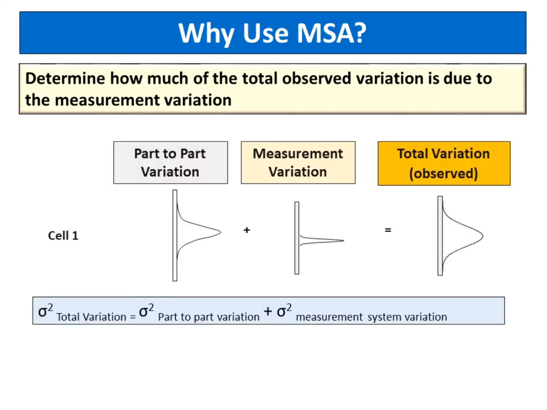Total process variation is broken into two sources. First is part-to-part variation. Part-to-part variation is the variability in measurements across different parts. Ideally, differences between parts should explain most of the variability. Second is measurement system variation. Measurement system variation is all variation associated with a measurement process. Potential sources of variation include gauges, standards, procedures, software, environmental, appraiser and so on.